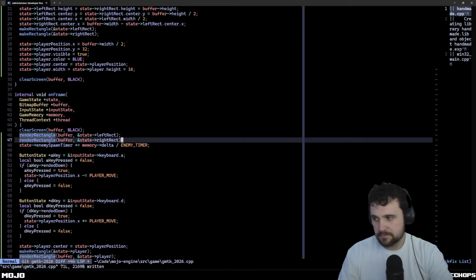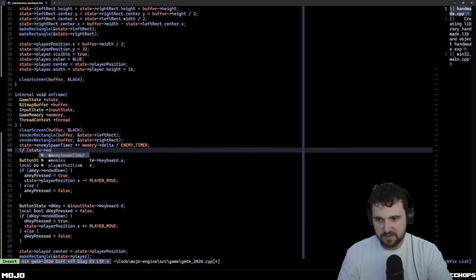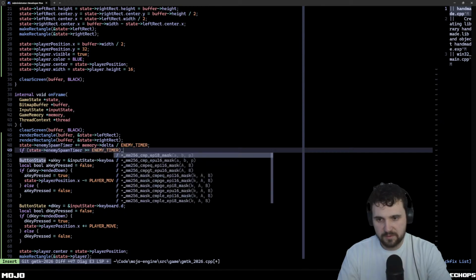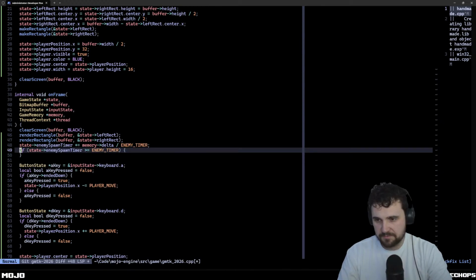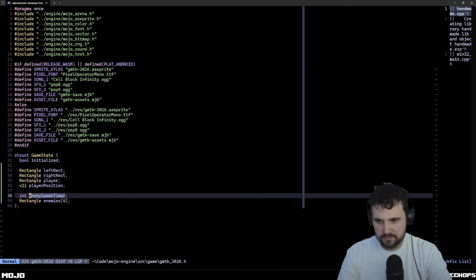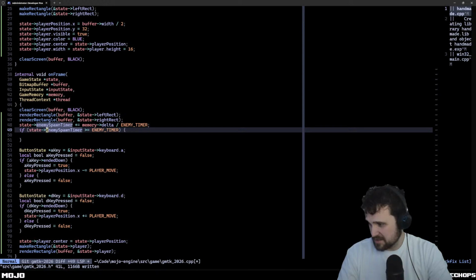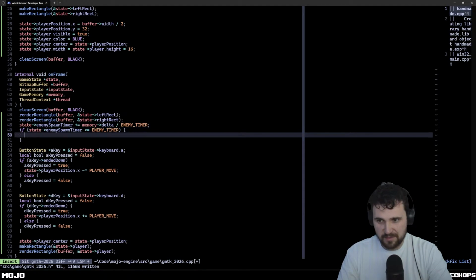So I got to make... yeah, so we'll do if state enemy spawn timer is greater than or equal to the enemy timer. Then we spawn an enemy. Which we already have enemies. Let's keep track of the index. Int enemy index. Am I spelling enemy right? I think it's the semantic satiation happening. State enemy index